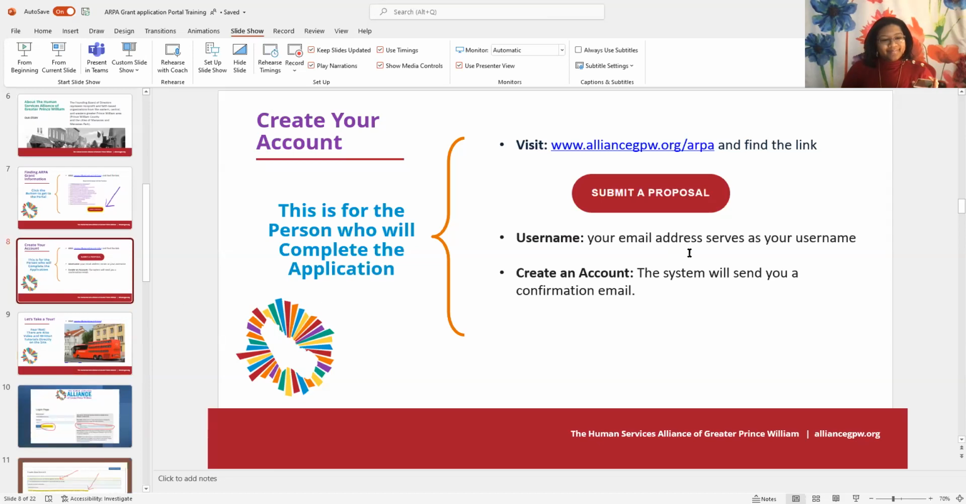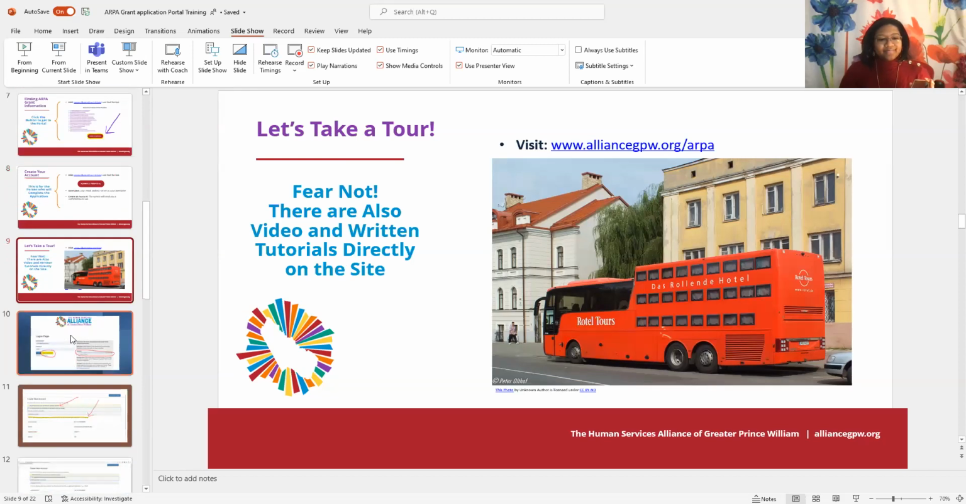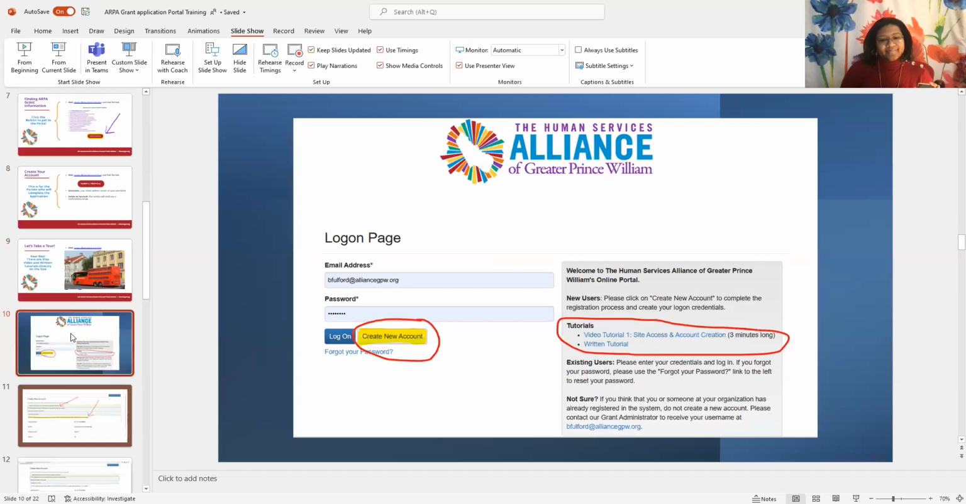So when you click the Submit a Proposal button, it's going to take you directly into the site. So let's take a tour. And I wanted to just point out that there's also video and written tutorials directly on the site, and I'll show you where those are. When you click that Submit a Proposal button, this will be the first thing you see. Now, because I already have an account, I'm in there, but here's the tutorials,